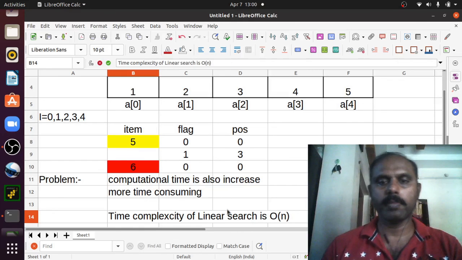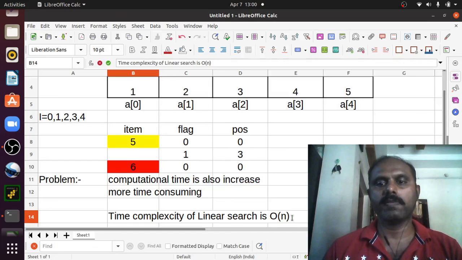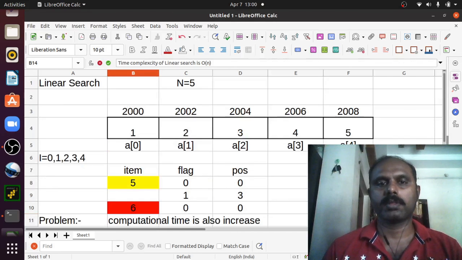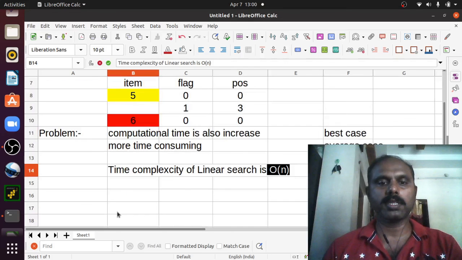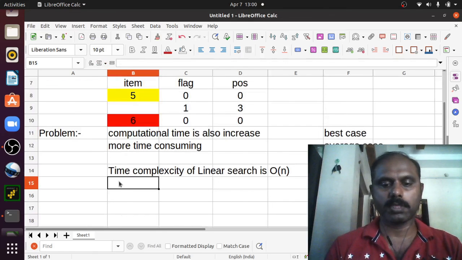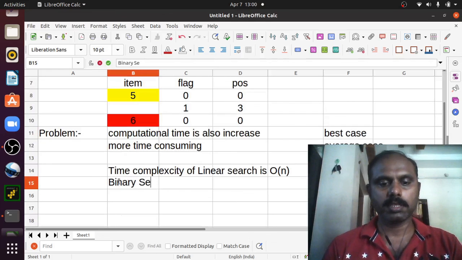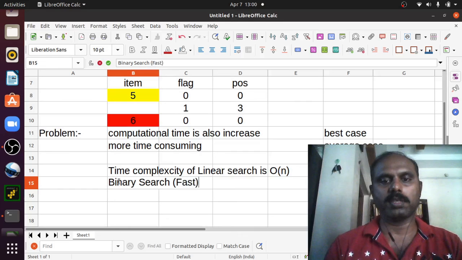Order of n means n comparisons; it will take that much time. So you need some other method for searching. So you have binary search, which is a fast searching method.